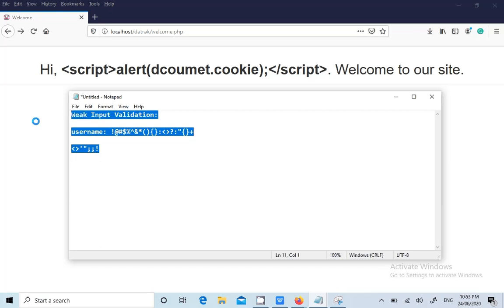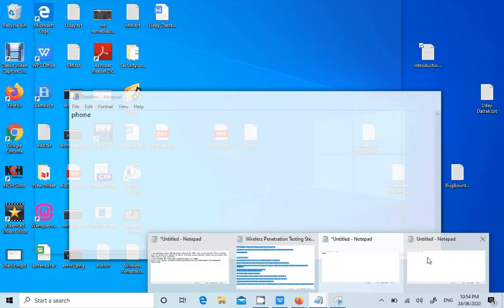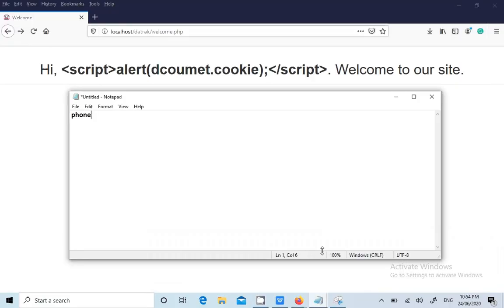For example, if there is any field asking for the phone numbers, it should ask for only phone numbers, right? Phone number field. So in the place of phone number field, what you're going to enter? You will enter all these special characters, and if it is accepted by the application, then you have to raise an issue. Like in the place of, let's say, price of a product, if it is 50 rupees or something, like $50, then in the place of price, you need to enter all these special characters, and if it is accepted by the application, then raise an issue.